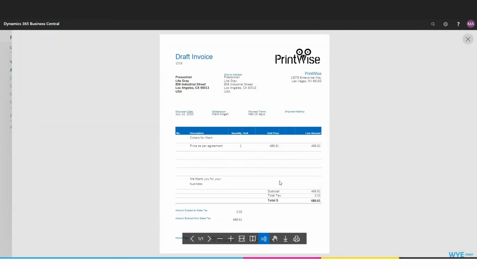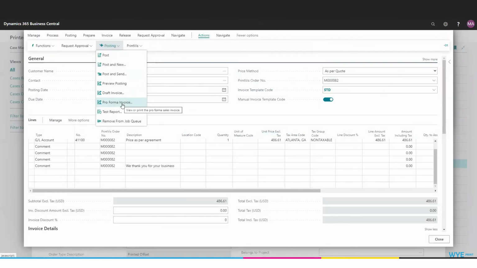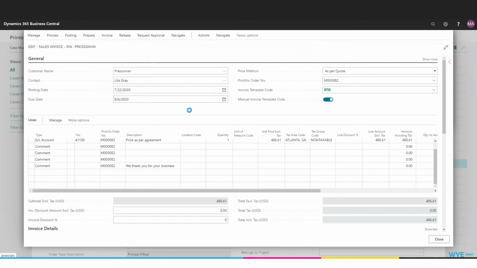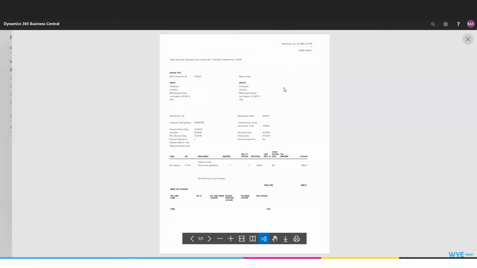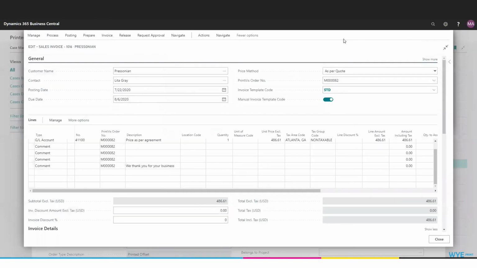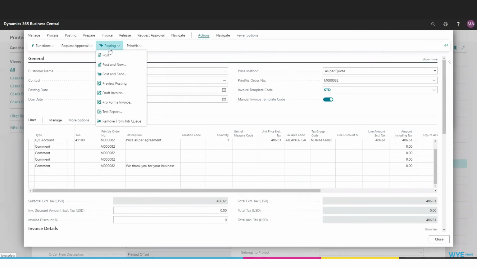Now this layout is currently different than my default layout because I have not updated my draft invoice template, which we will talk about editing at a later video. I can view a pro forma invoice. I can test it so that I can find any errors in it before I post it, so that I can take a look at it. And again, this document is different than my final invoice as well, because that template hasn't been set up in my system either. But once I'm satisfied with it, I can simply hit post and send,